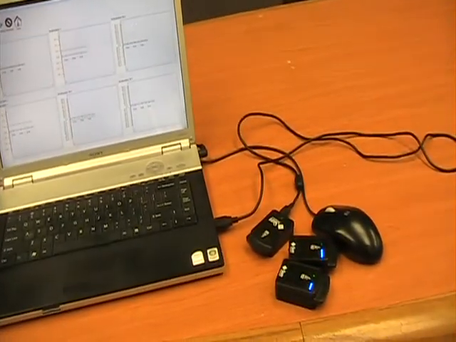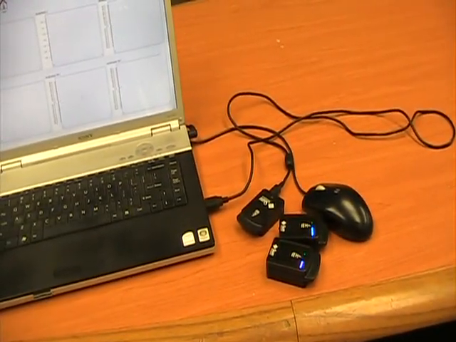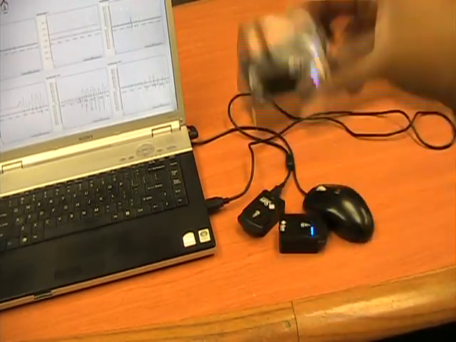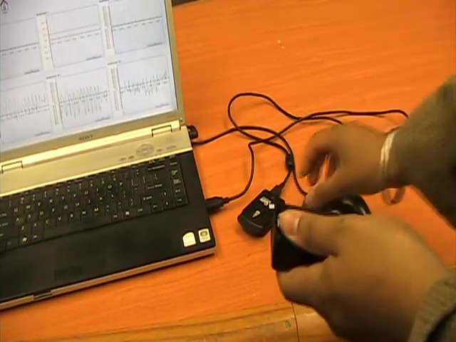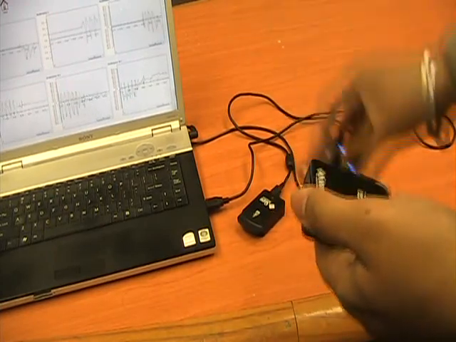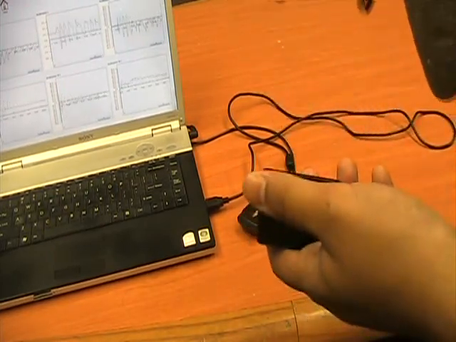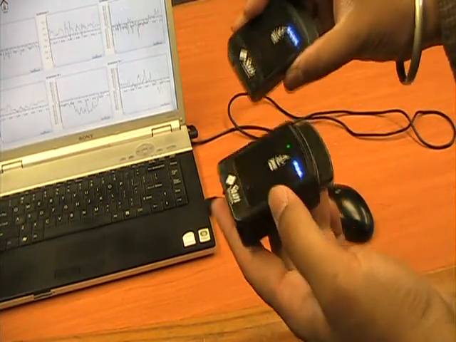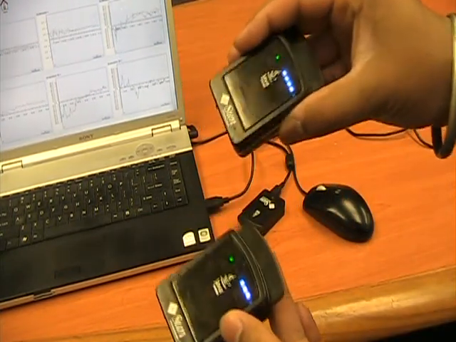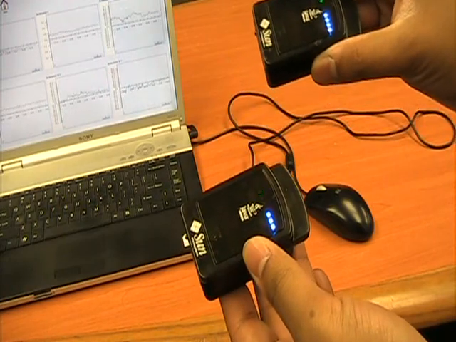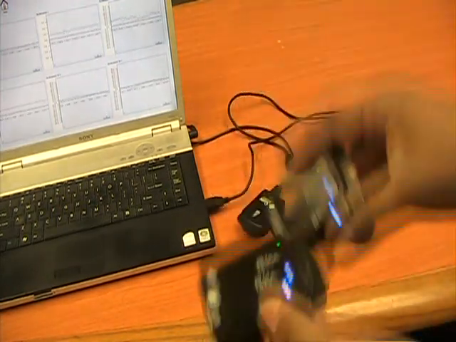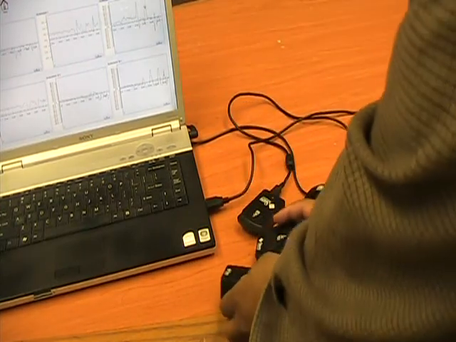And if I show you what happens when we move these, these are actually sampling data. What happens is the flashing green light means that the sampling is being done and transmitted. If I bring it back to the main screen,